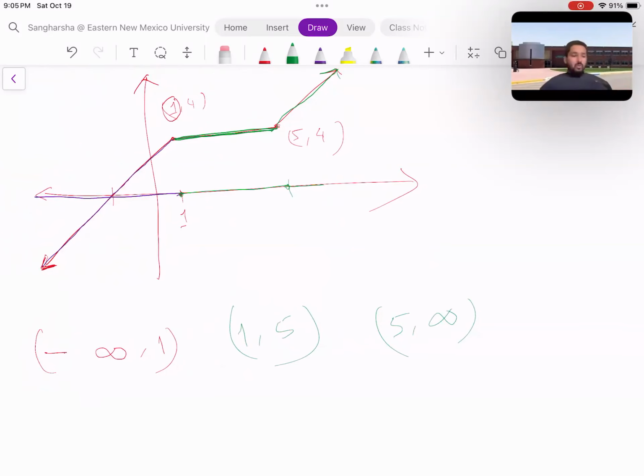Can you all do 83, 84, 85? You have a graph there, okay? And you are asked to write down the interval where the function is increasing or decreasing. So I'm going to skip this one. Try to solve with the help of this example, and if you still need help, just let me know. Okay, so next we have